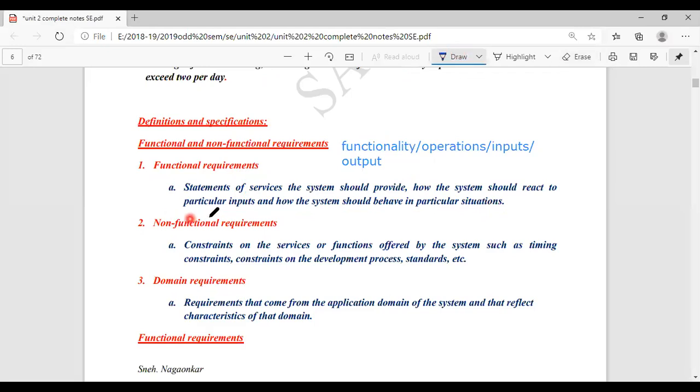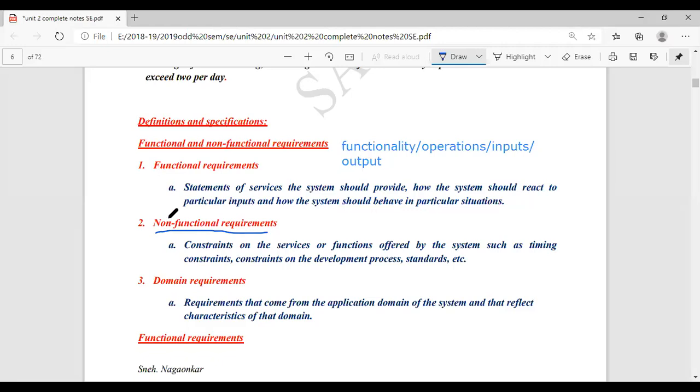The second one is non-functional requirements. So what are non-functional requirements? If functional is nothing but giving the functionality, what may be the non-functional? It is just like technical and non-technical. Technical people are supporting our software technically, related to coding, design and all.